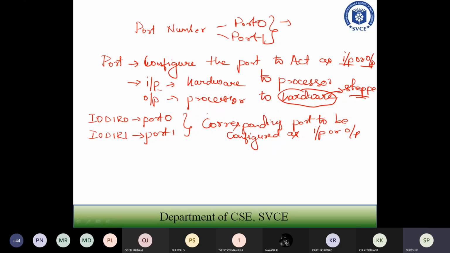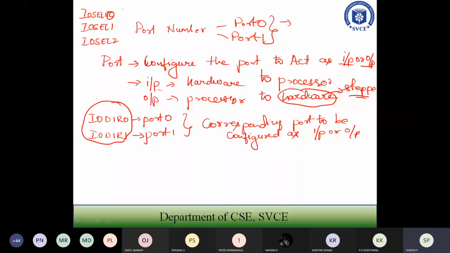So using these two, either IO direction 0 or IO direction 1, you configure the port. To select a particular port, you have the select pins: IO select 0, IO select 1, IO select 2.